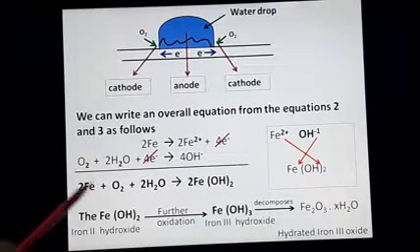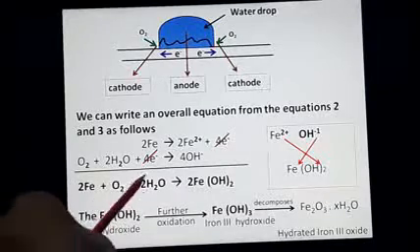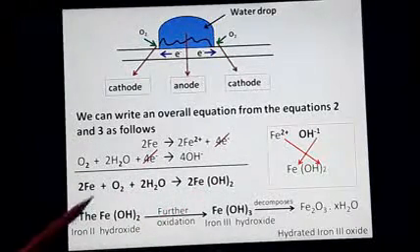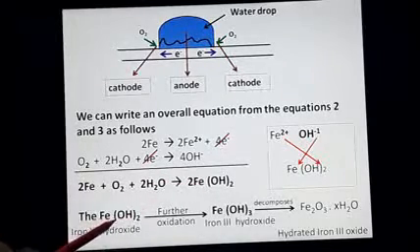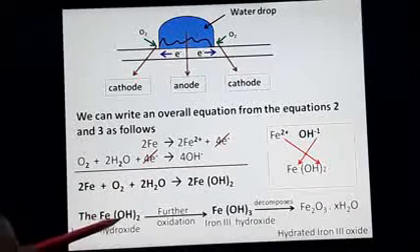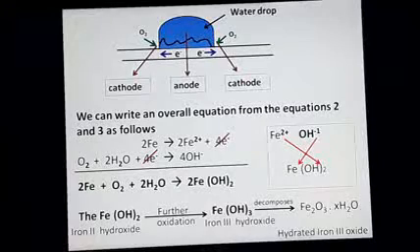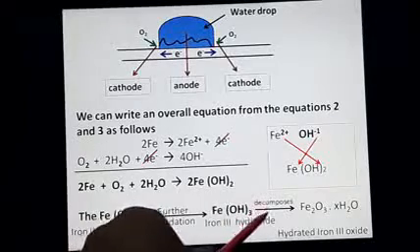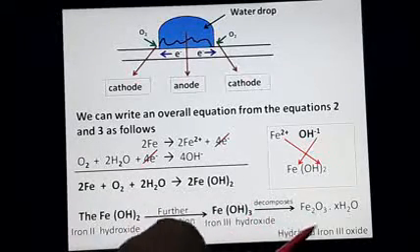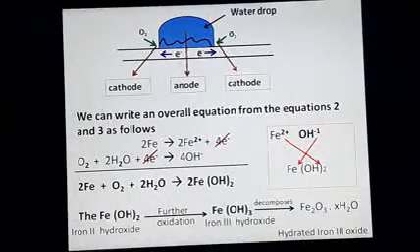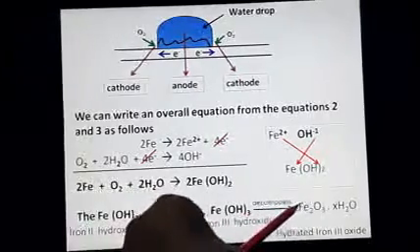Finally we can balance this equation. If I put a 2 here and a 2 for Fe(OH)2, it gets balanced. After 2 Fe(OH)2 is formed, the Fe(OH)2 will get further oxidized, meaning Fe will further give one more electron to OH and attach one more OH to it and become Fe(OH)3 by further oxidation. Then Fe(OH)3 will decompose, and when it decomposes it becomes Fe2O3 with some water molecules attached. We call this compound hydrated iron(III) oxide, because the valency of iron here is 3.